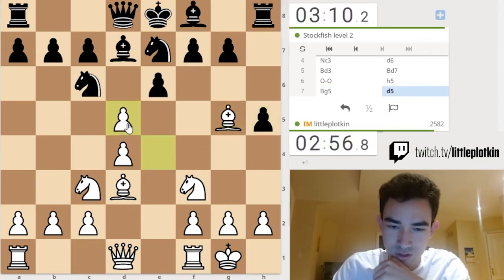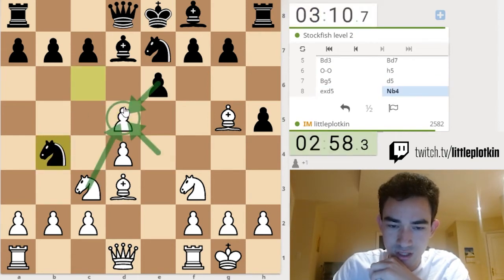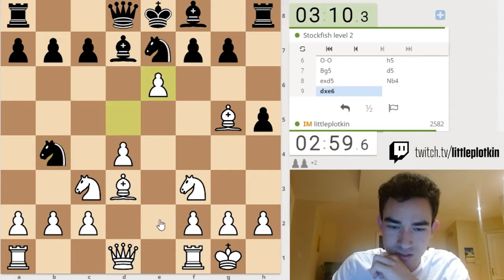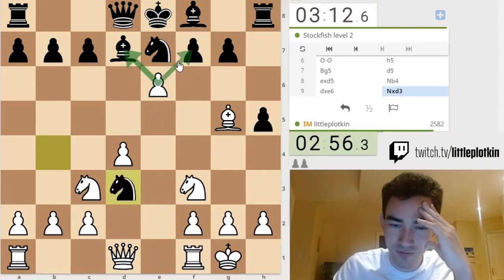Okay, so he plays here. So I believe this is just a free pawn, because if he takes back, I would take with my knight. He doesn't even want to take it, which makes sense. He's giving me a free pawn. I'll gladly take. Now, I could take his bishop, but I feel like taking his pawn would...